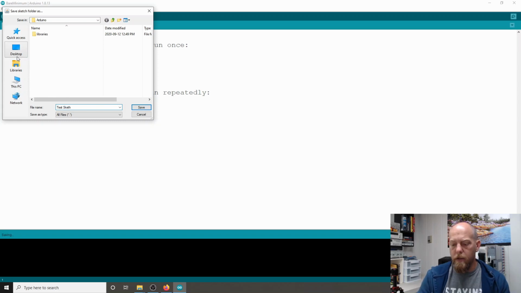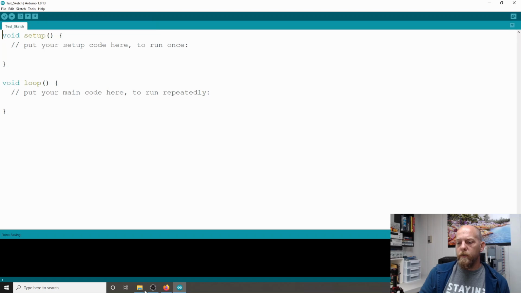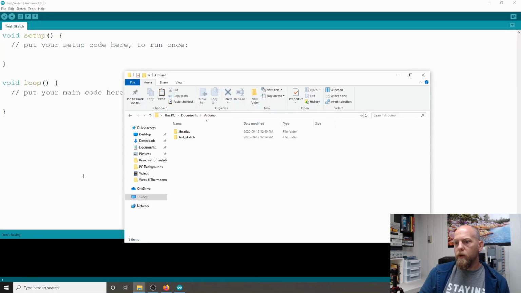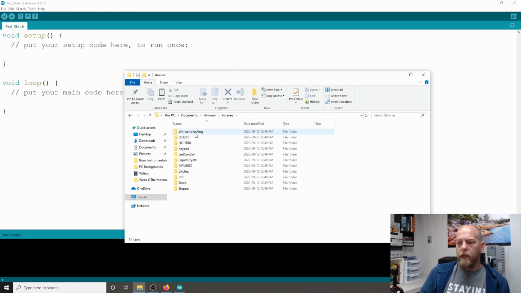And let's see if it actually goes to that folder there. Okay, so we'll save it there. Let's bring up the same one. Beautiful. So there's my test sketch right there. So my libraries are available here, and I will call them later on when we get into more complicated stuff